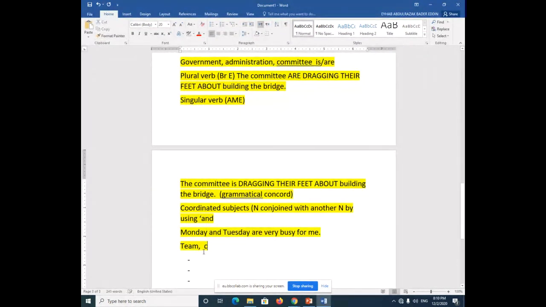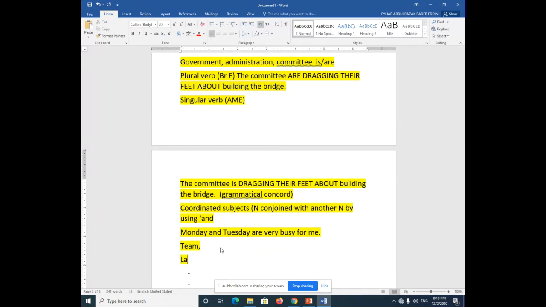Clear? So we call it a coordinated subject. Why? Because we have one noun phrase, another noun phrase. Of course, both make one noun phrase because both constitute the subject, but because we have two nouns conjoined together by and, then we call it a coordinated subject. It is always used as plural, right? Sometimes it is